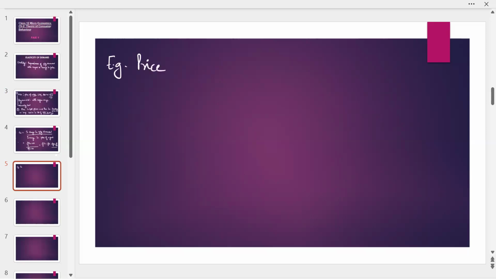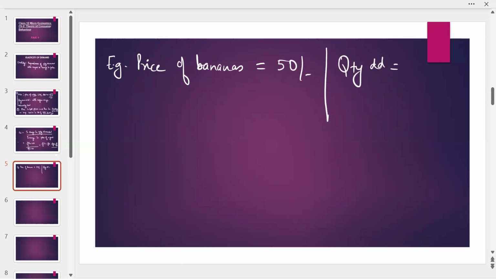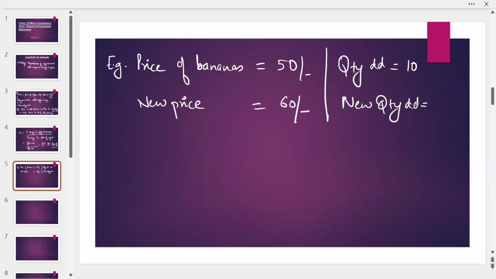The price of, let's say, bananas. Earlier the original price of bananas was 50 rupees, and the quantity demanded of bananas is, let's say, 10. And the new price of bananas is 60 rupees. And the new quantity demanded is, because there's a change increase in the price, 8. So I want to know the elasticity of demand for bananas, which is del Q on Q into